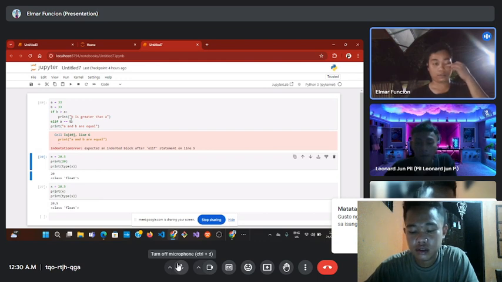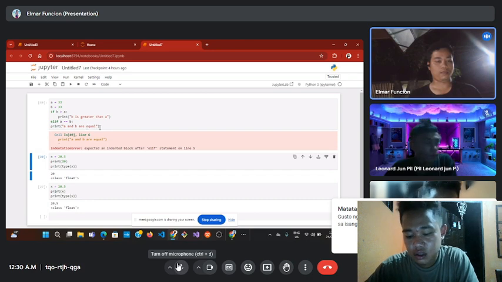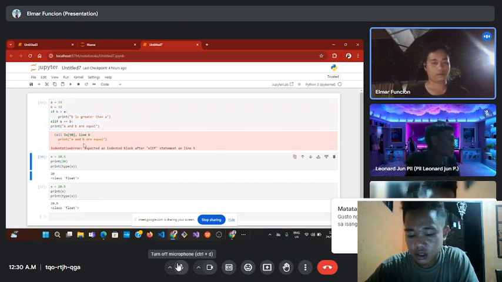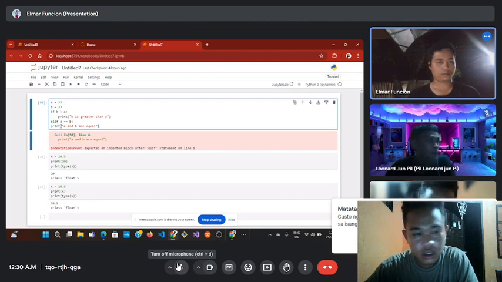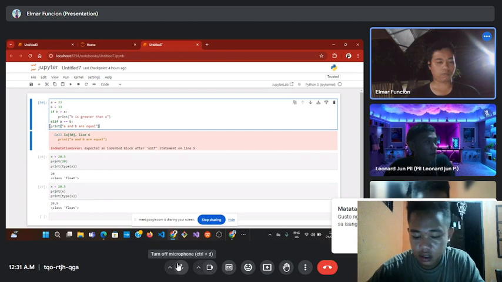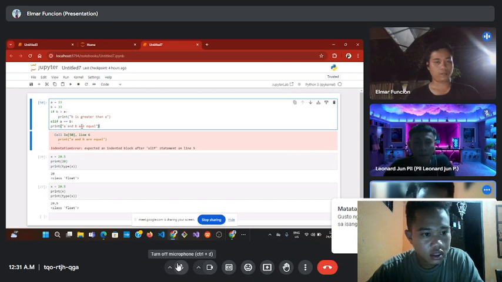If b is equal, print "a and b are equal". Why is it wrong?